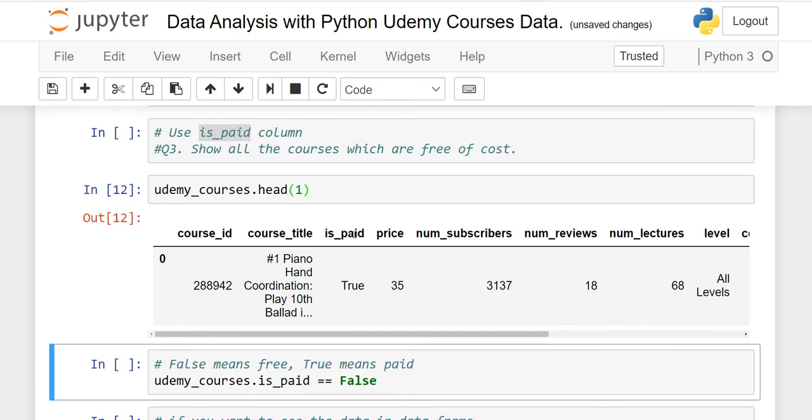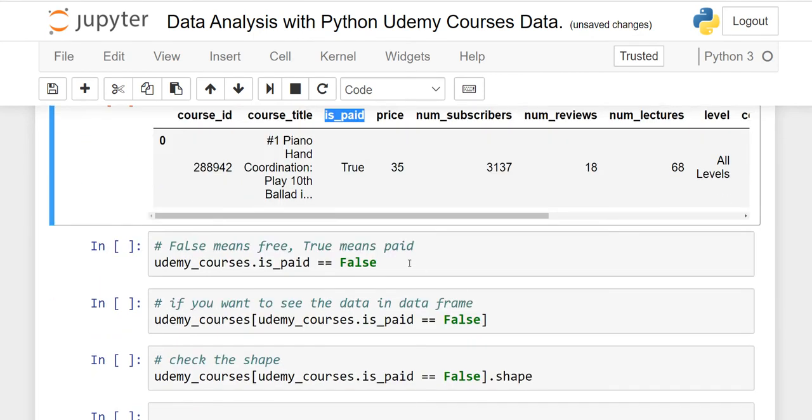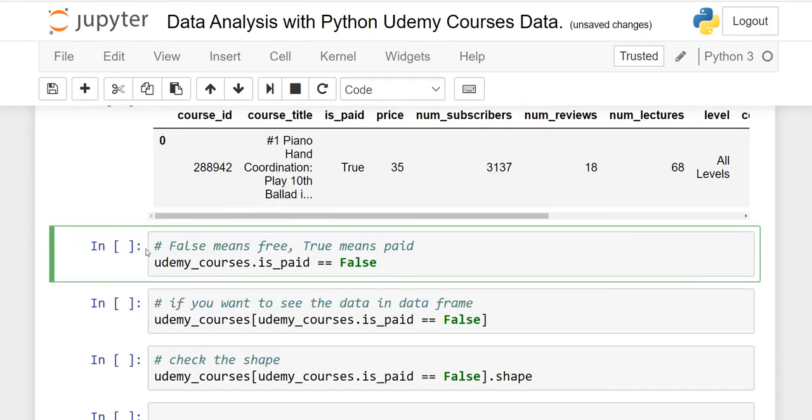So is paid is true or false, right? So false means free and true means paid. Because I have selected only one record, it will show you one. But as we move here, I put a note here: false means free and true means paid.